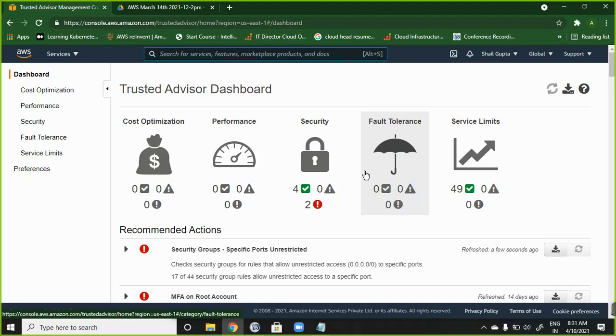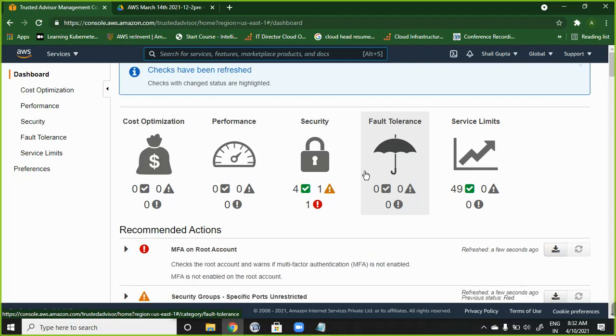Okay, so what it is doing is automatically fetching the data that is required for all these components. For example, cost optimization: if there is anything where you need to take action related to cost, or anything where performance can be improved.